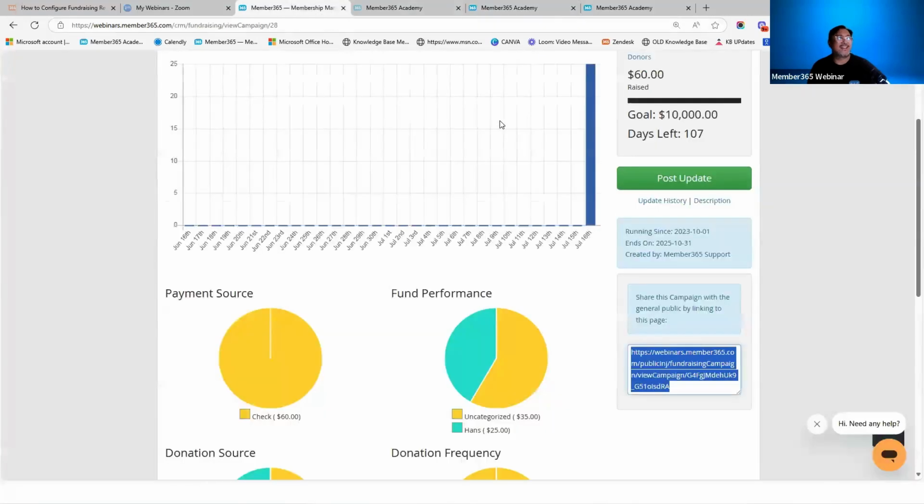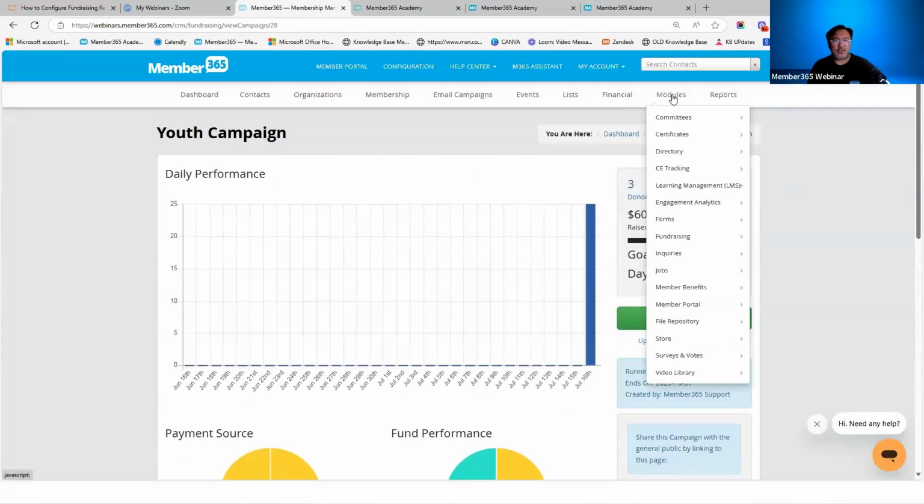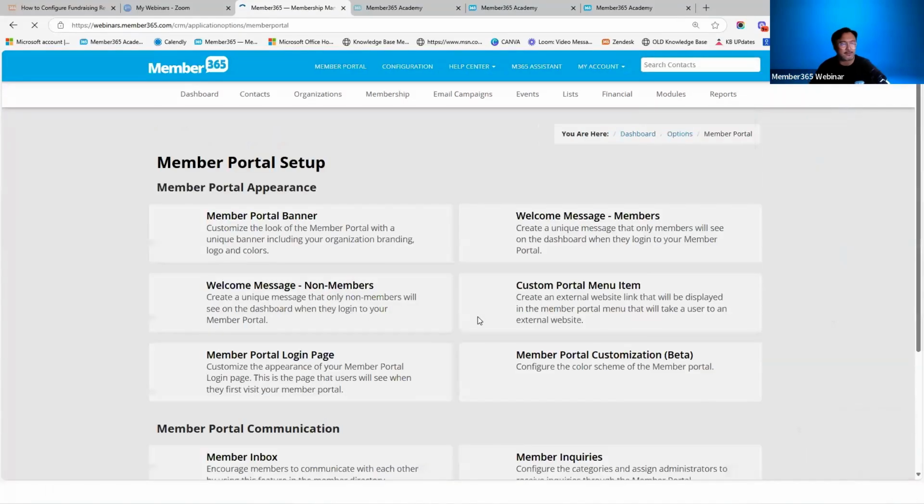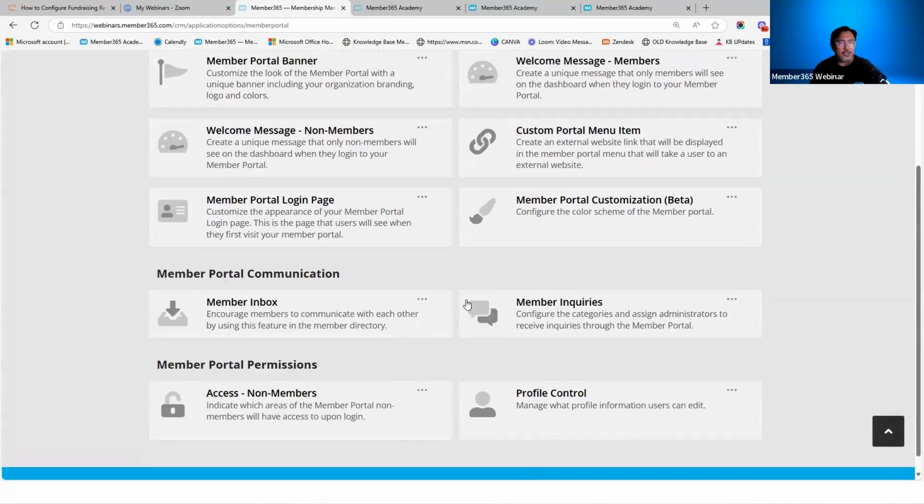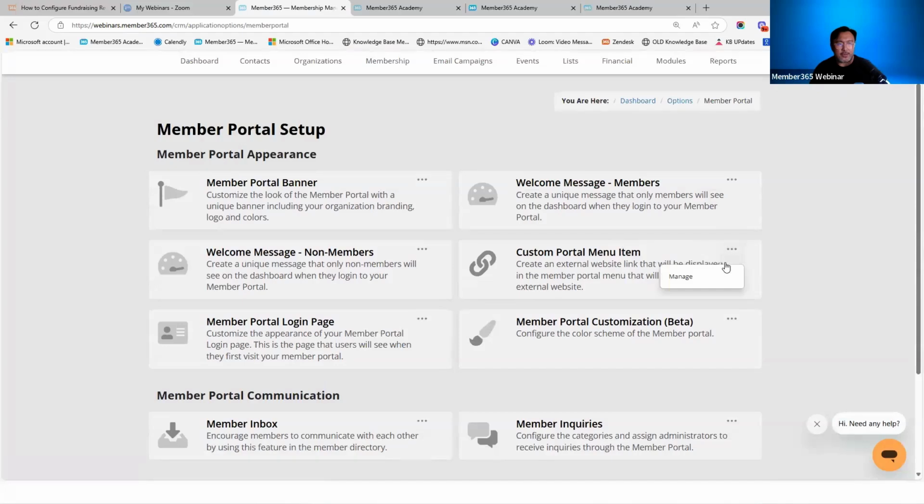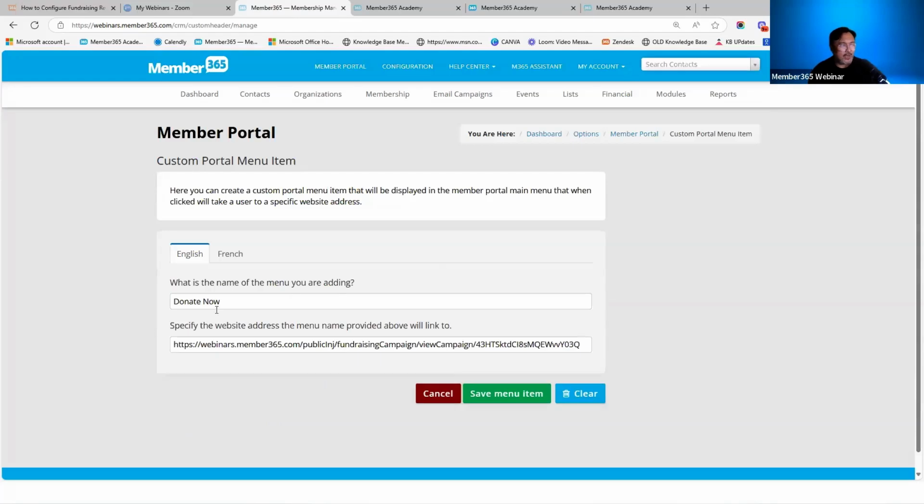It's very simple. So you go to modules, go to member portal, and then settings. And then you go to member portal menu item. Hover your mouse cursor on the three dots and click manage. And this is where you type in the name of that header. We named it donate now. And then this is where you paste that URL, that fundraising link, in this field in here